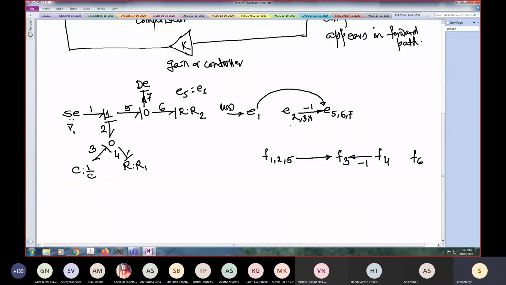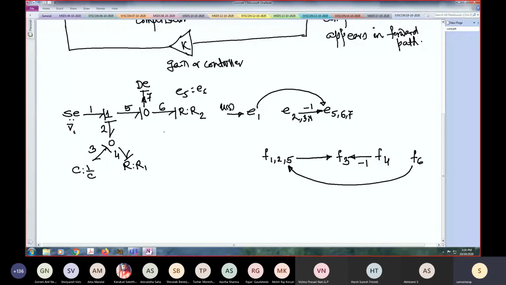Then we have F6. F6 will come from this 0 junction relation. And as we see here, F6 and F5 are the same. Here 6 is the strong bond. Sorry, 5 is the strong bond. So F5 is equal to F6. F7 is 0. So this is straight. F5 is equal to F6. So those are junction rules.